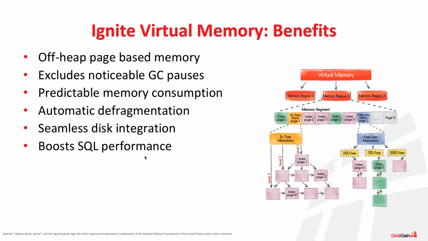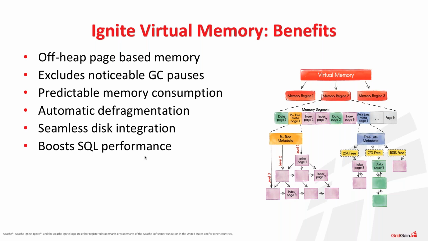Don't be scared if you look at the picture to the right of the slide, because we are going to do a breakthrough. We are going to split this picture into pieces and review every component you see right now in more detail. But before we do that, I want to ask you questions. What are the benefits of creating and releasing a new virtual memory? Why did the Apache Ignite community need that in general? Because everything looked like it was working pretty well.